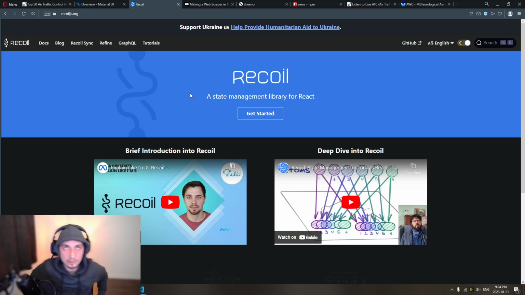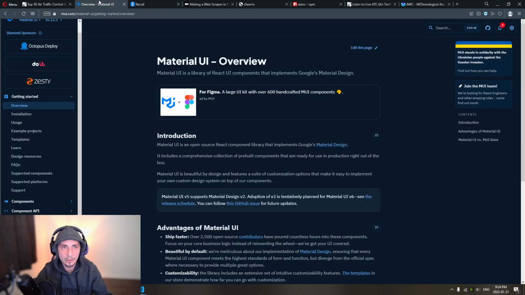That is why such libraries are widely used, to globally share the whole application state, so that we can access any variable we want in any component, from any component we want. So as a result, MUI, Recoil,